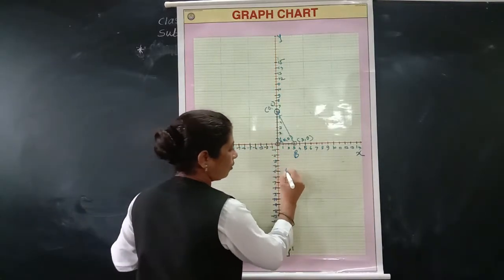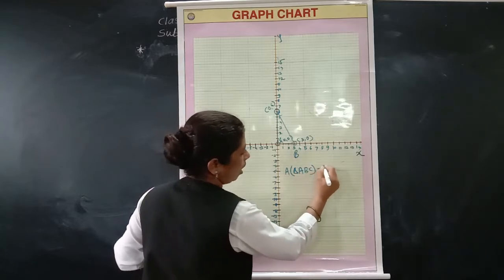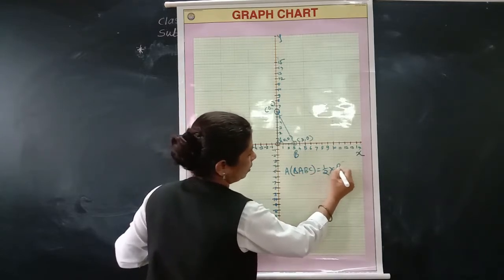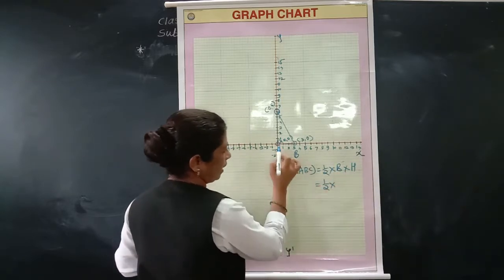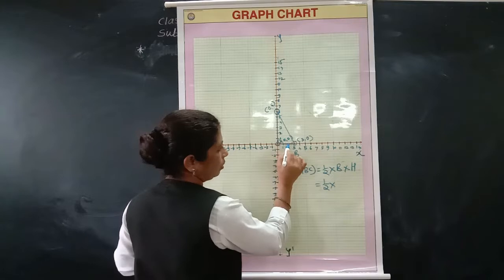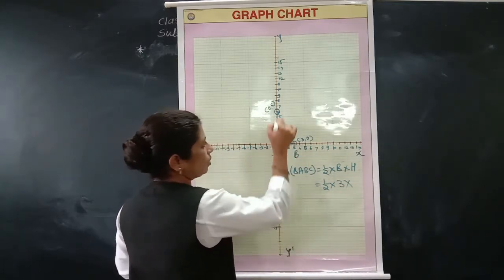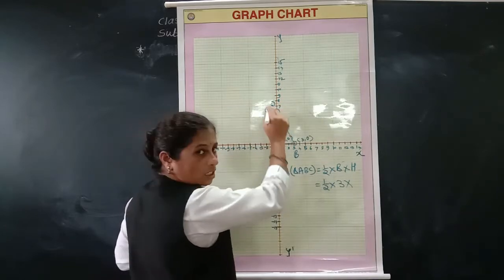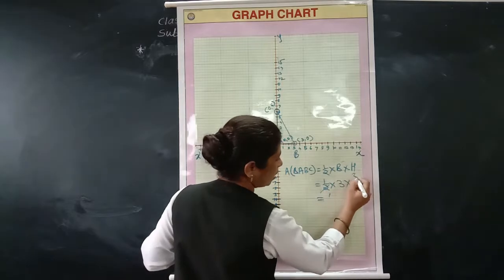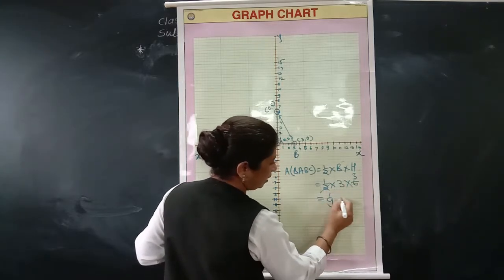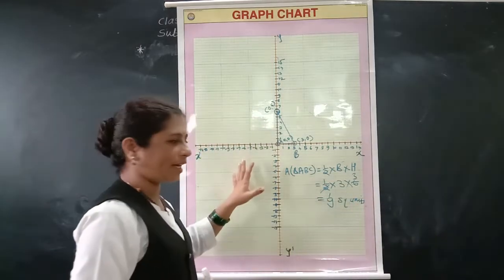So what is the formula for the area of a triangle? Area of triangle ABC equals half into base into height. Right? So half into what is the base? Base, this is 1, 2 and this is 3. So 3 into height, from 0 to here 6. So 6 units, right? So here 2 1s are 2, 2 3s are 6. So 3 3s are 9 square units. Understood? This is the area of the triangle.